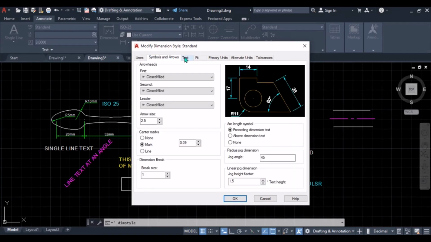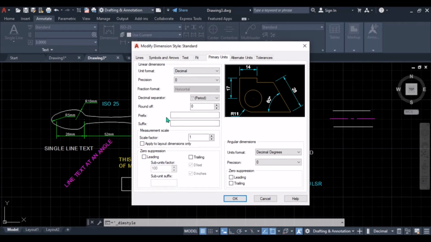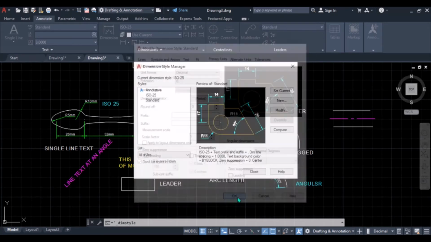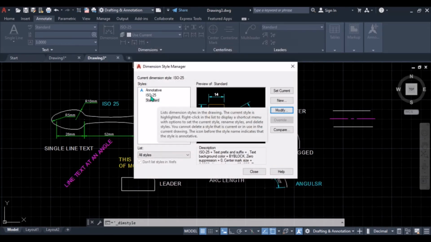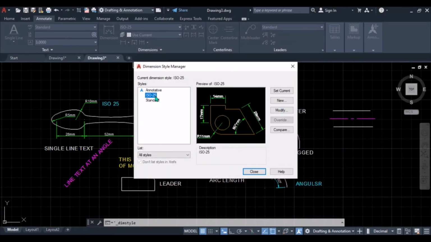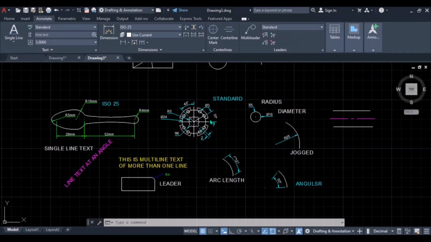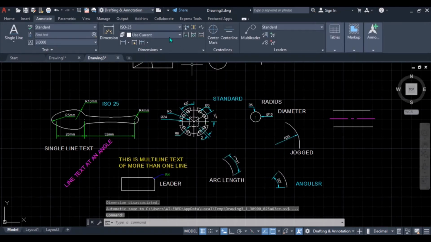The only thing that will change is the primary units, the suffixes. You'll put nothing here and click OK. Then we can set our ISO standard as the current dimension. Then we close this window. And we are done with this.